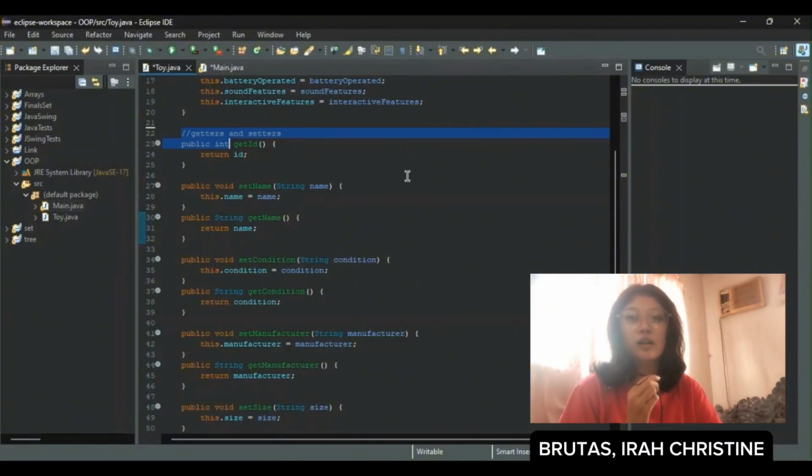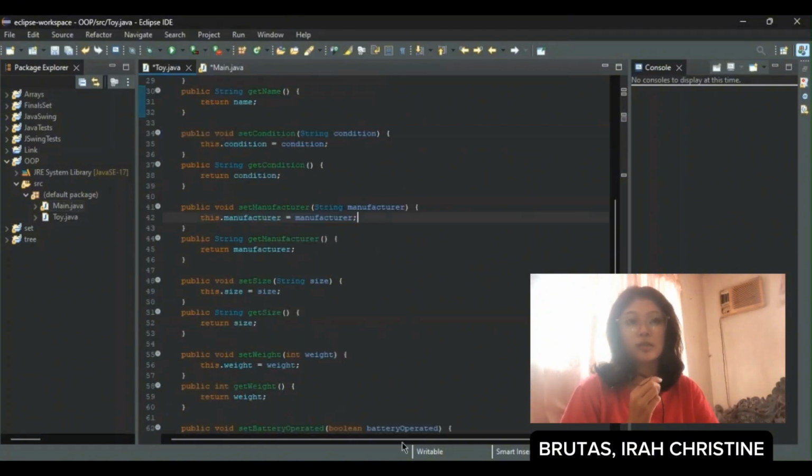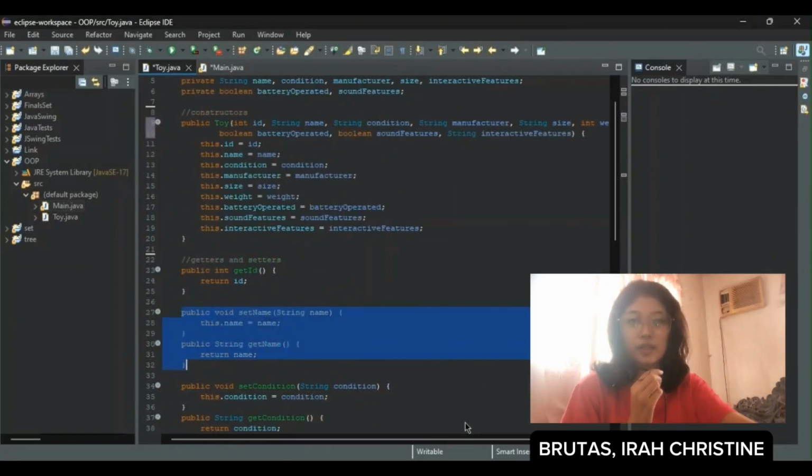So public void setName(String name) { this.name = name; }. This allows updating the name of a toy object, like setWeight(int weight) and setManufacturer(String manufacturer). That's all, and thank you.